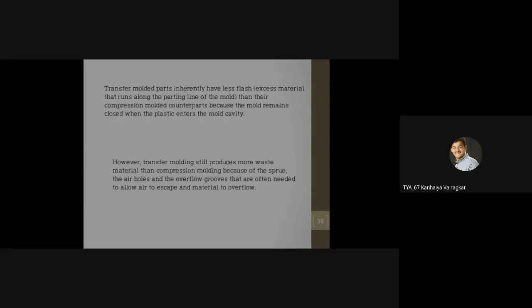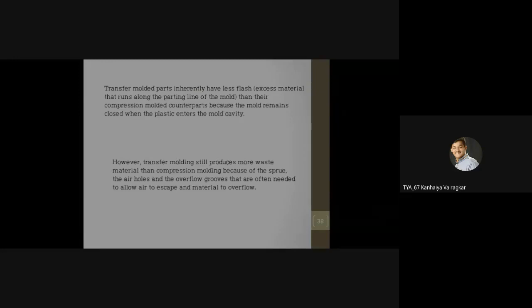So this undesirable flash will not be there, but it will be there in compression molding. Why is flash not there? Before raw material enters the mold cavity, the mold boxes are completely closed, so there is no passage for the escape of material apart from the mold cavity. So it goes directly to the mold cavity, and the flash will not be there.